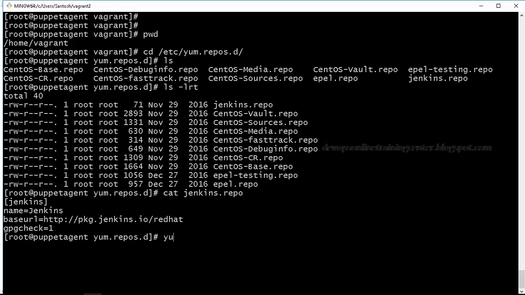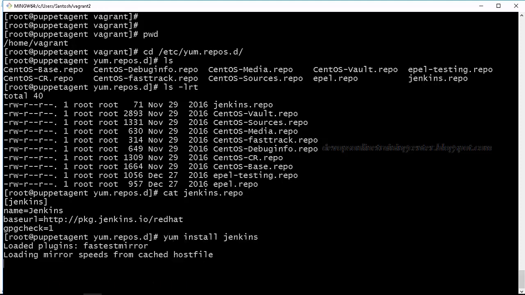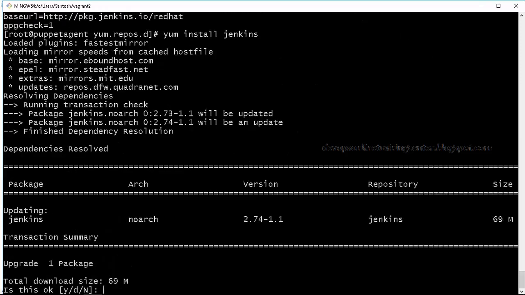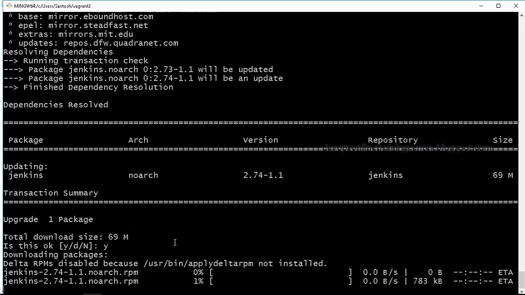Let me say yum install jenkins. It says Jenkins is already installed, but it's trying to update to the latest version. If I say yes, this package will be installed.